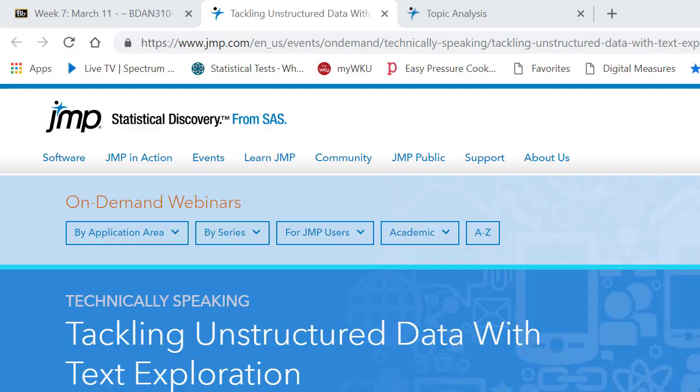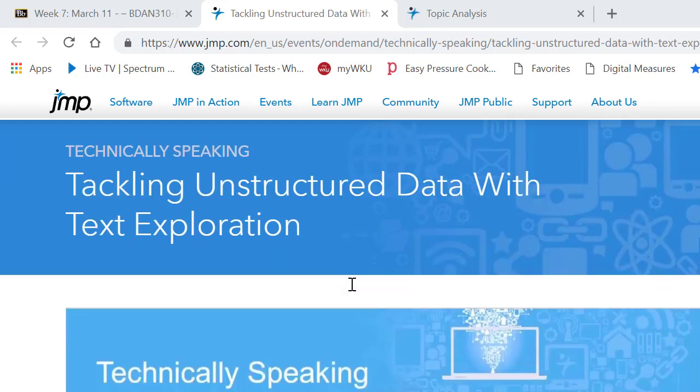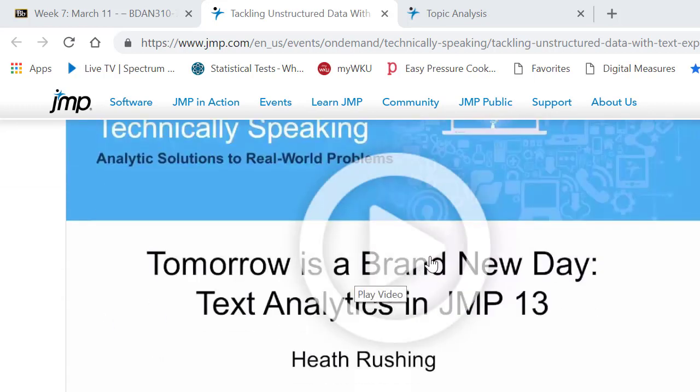Hello and welcome to this tutorial on using JMP for text analysis. Sometimes it's called sentiment analysis or text mining. I've provided you a video from the JMP organization called Tackling Unstructured Data with Text Exploration. The person going through this tutorial does a really good job of showing you how to use JmpPro for text analysis. So what I want you to do for that portion of the assignment is to watch this